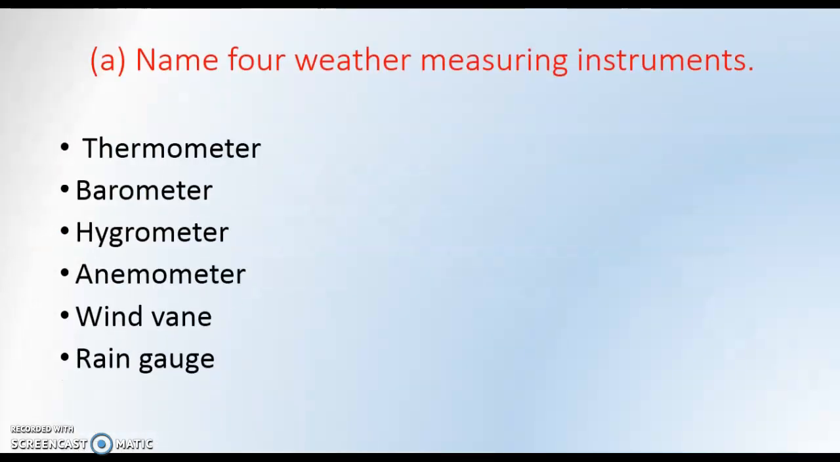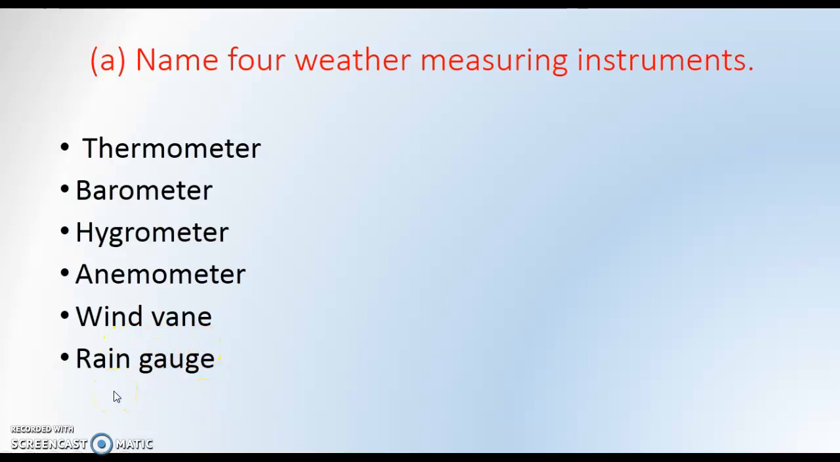Let's take the first question. Name 4 weather measuring instruments. Here, please, you are just required to list the instruments without telling us their functions. Just list them. So here you are with some of the weather measuring instruments: thermometer, barometer, hygrometer, anemometer, wind vane,